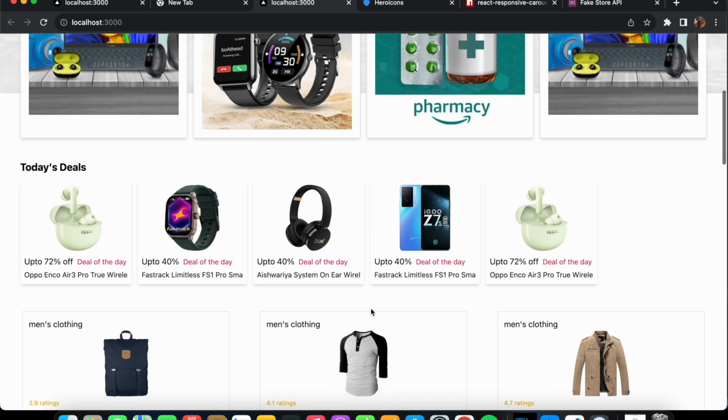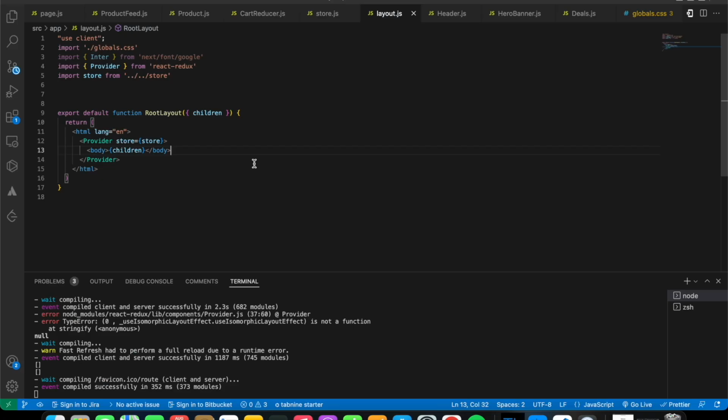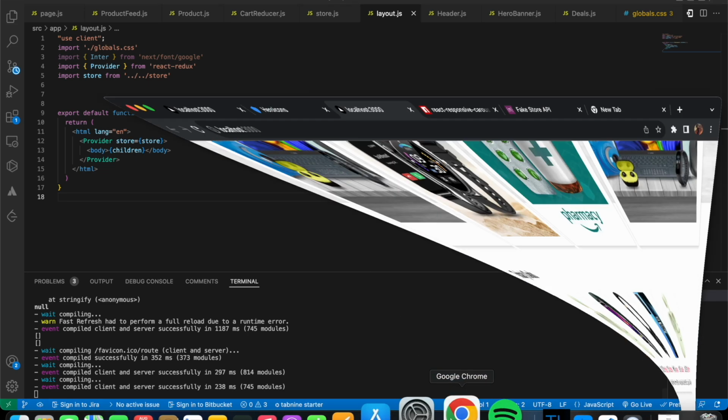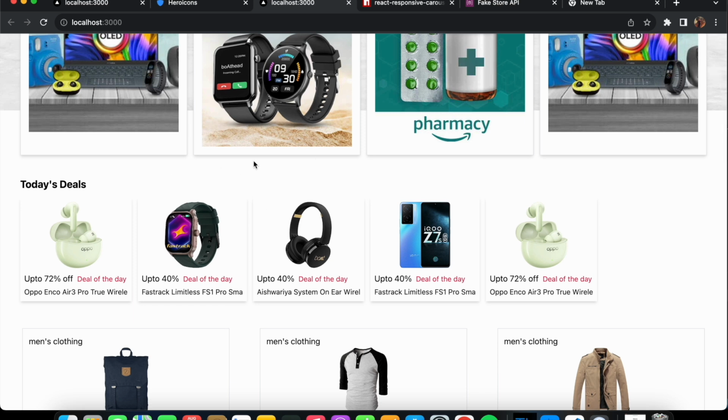Before that, the next step is we're going to define the product info screen. That is, if I press on any one of the products, it should take me to the next screen and display the information regarding that product. So let's come back, and over here I'm going to create a new folder for our product info screen. Here we'll be introducing something known as dynamic routes. We have a bunch of products over here, but we do not know which particular product the user is going to press on. Whichever product the user presses on, we need to be able to show the details of that particular product